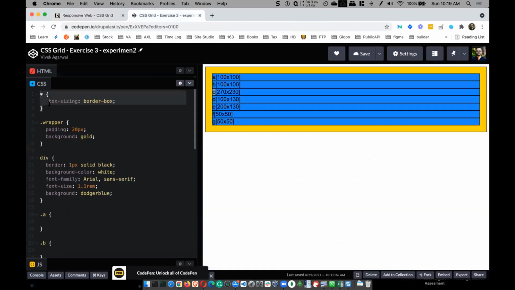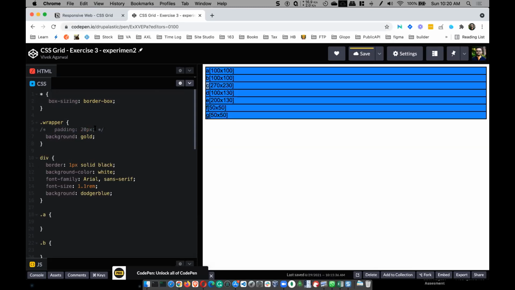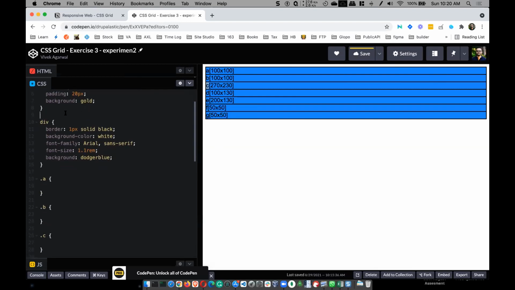तो देखिए मैंने यहाँ पे क्या क्या सीएसएस ऐड किए हैं। मैंने बॉक्स साइजिंग बॉर्डर बॉक्स कर दिया है सभी आइटम्स का। क्यों किया है? सो दैट पैडिंग और बॉर्डर साइज को इफेक्ट नहीं करें। मैंने रैपर में कुछ पैडिंग दे दिया है, अगर ये पैडिंग नहीं देता तो आपको ये गोल्ड का बैकग्राउंड नहीं दिखता। इसलिए मैंने ये पैडिंग दे दिया है, सो दैट आपको पता चले कि ये पेरेंट के अंदर है। फिर सारे डिव को मैंने 1 पिक्सल का बॉर्डर दे दिया है, बैकग्राउंड कलर व्हाइट कर दिया है,